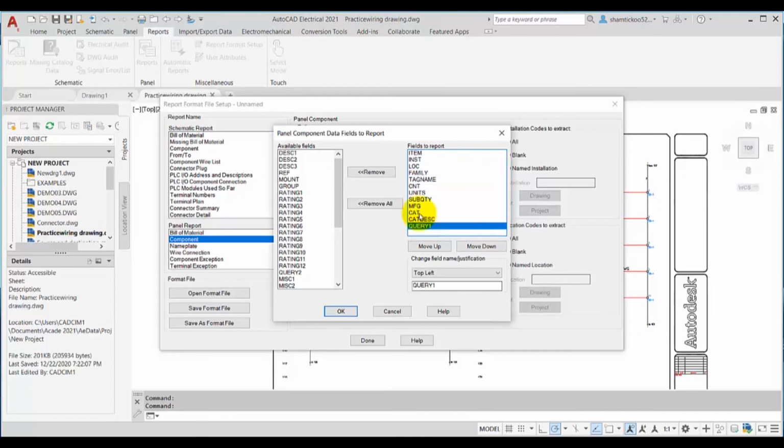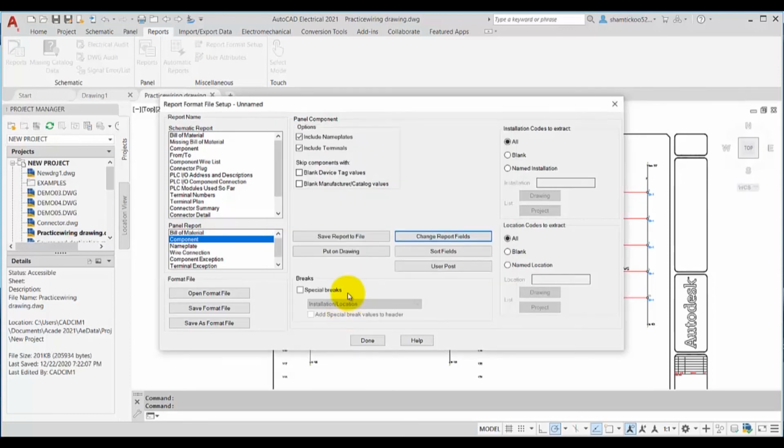Now I have selected this query and I will choose the remove button to remove this one. This way I have changed the default fields for this panel component report. Now I will choose the OK button. Now I have specified all the settings for this customized format that we are creating for this panel component report.